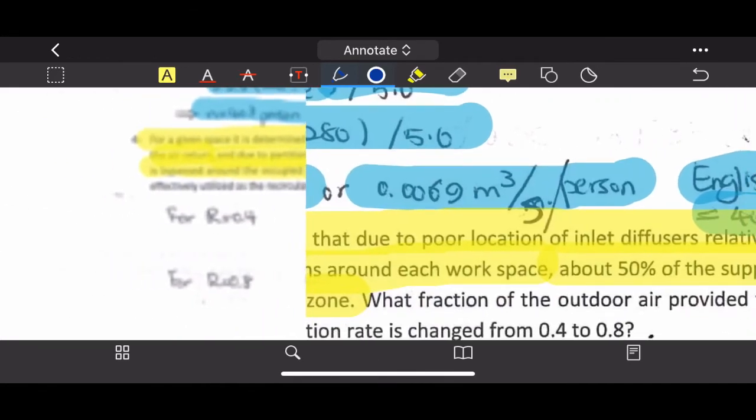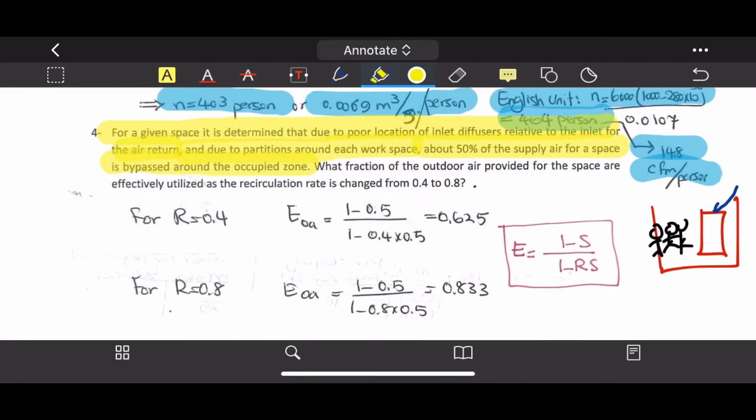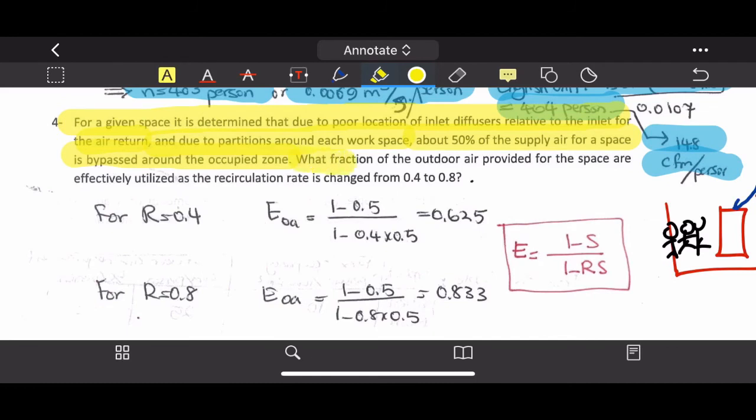Okay, what fraction of the outdoor air provided for the space is effectively utilized as the circulation rate is changed from 0.4 to 0.8? So there's no way to change the cupboard, so the best way is to change the air supply. So that's the question of this